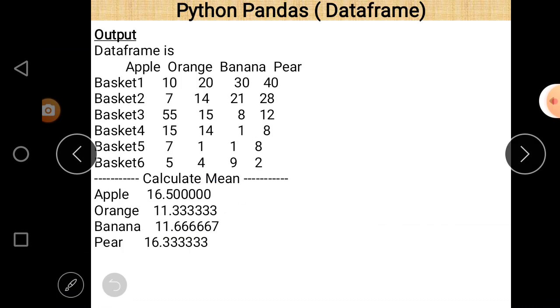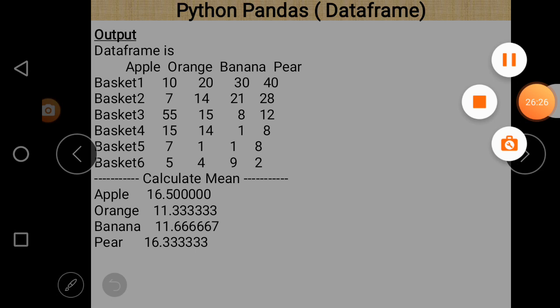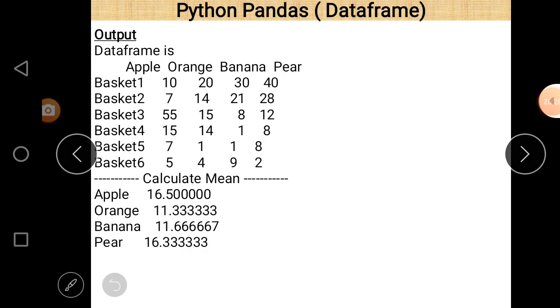Now this is the output. The data frame contains the column names apple, orange, banana, and pear, and the row names or index values are basket 1, basket 2, basket 3, basket 4, basket 5, and basket 6.